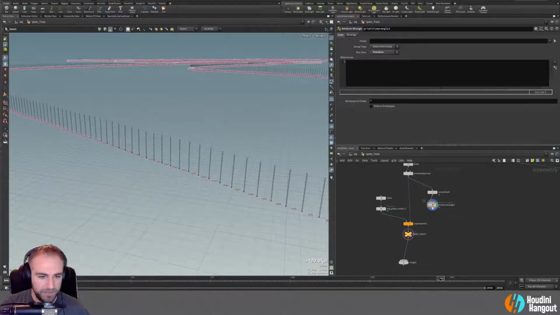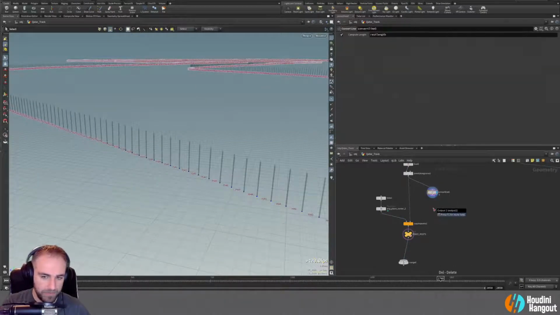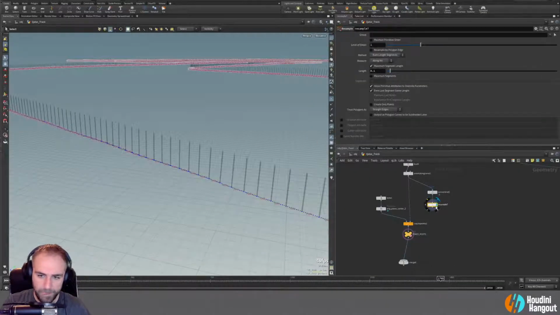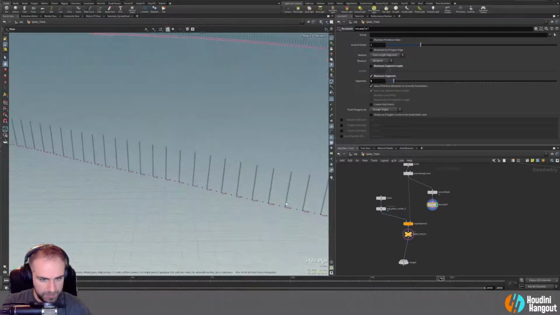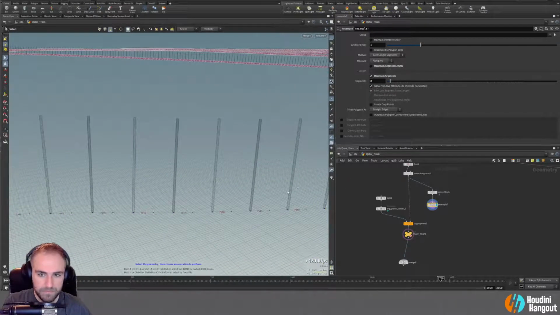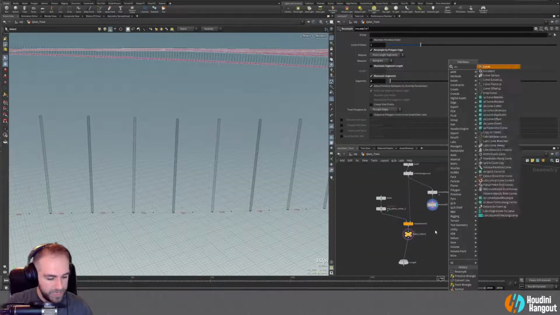In fact, I might not even need to do a wrangle. I could probably just do a resample. Do segments 3? Is that no? 2. There we go. And that should be the middle. And then what I can do is just do a